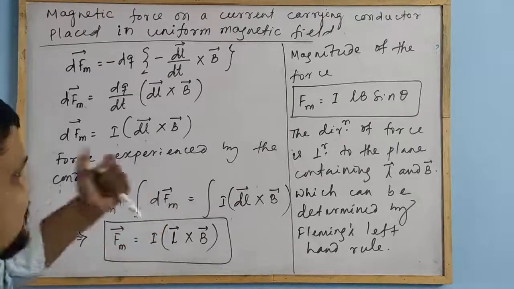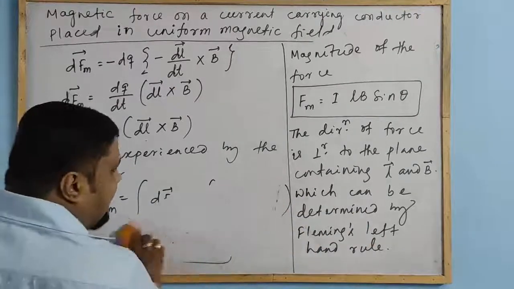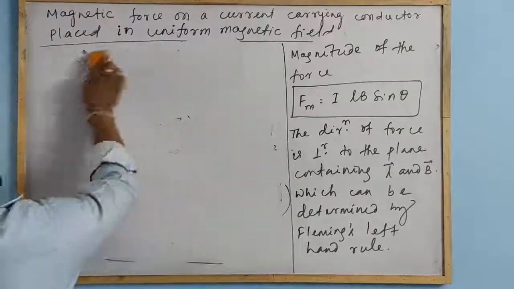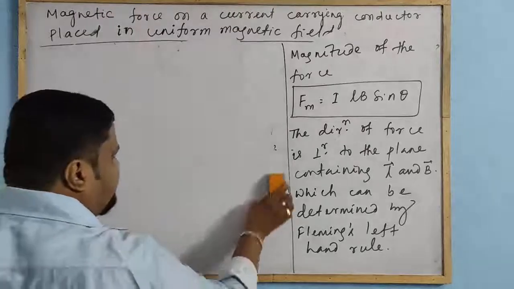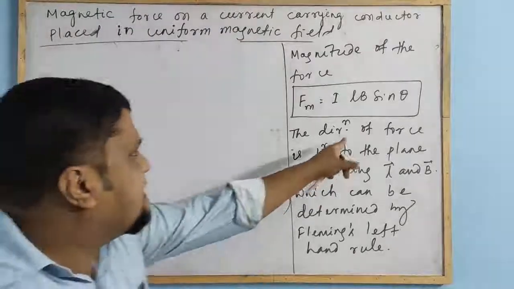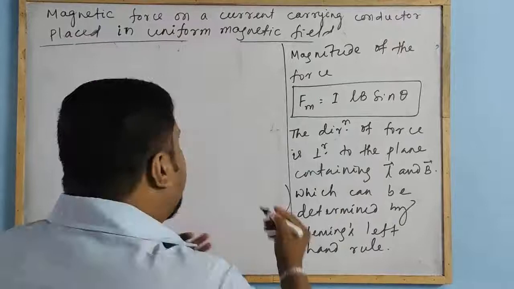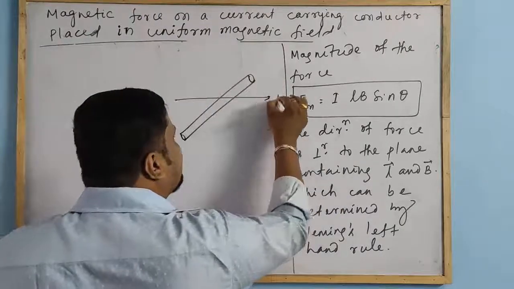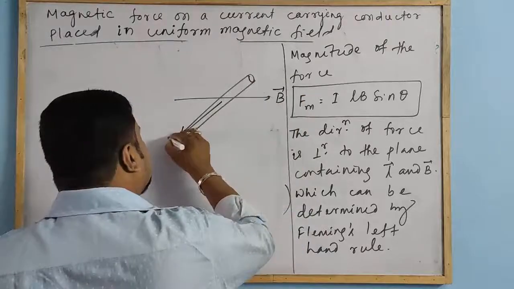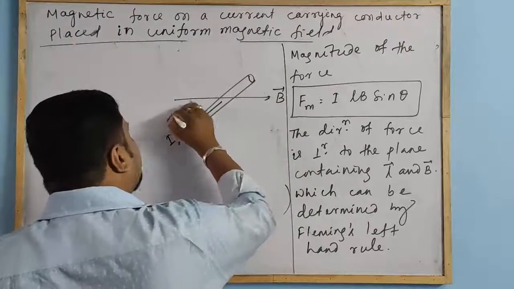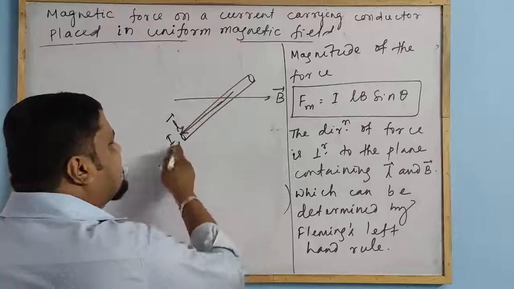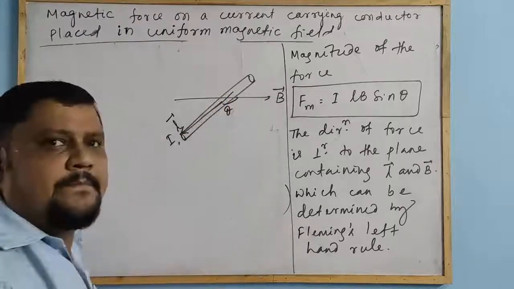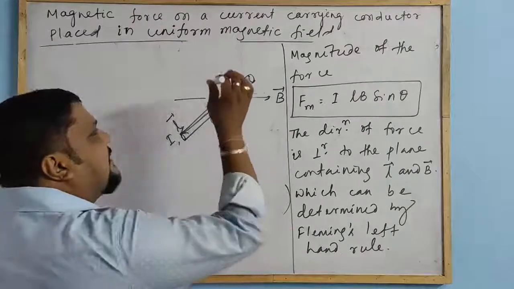Then we will go to case 1 and case 2 here. Already we read about Fleming's left hand rule. We will discuss it here again. But first let me take some cases. So the force is perpendicular to the plane containing L and B. In this case, the conductor is here, the magnetic field is here, the current is along this direction, and obviously the length is along this current direction. And this angle is theta.